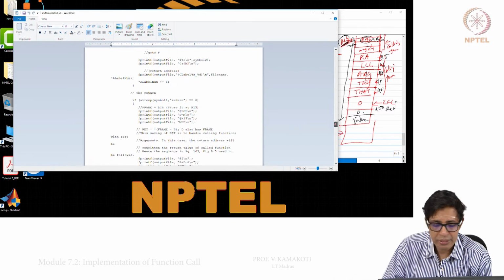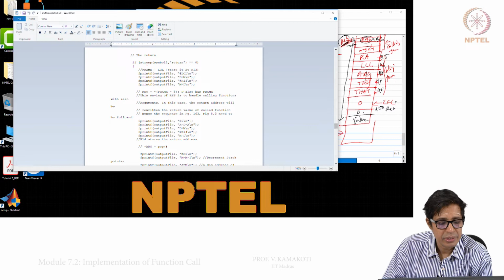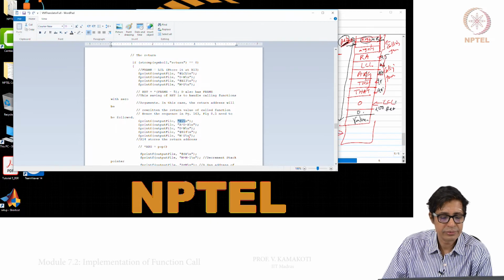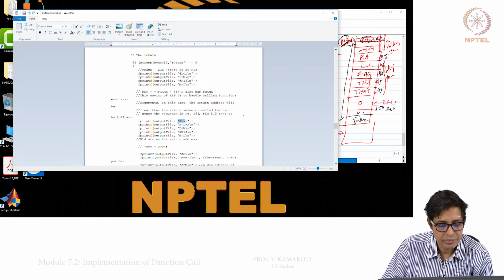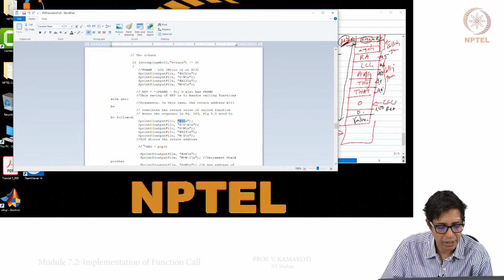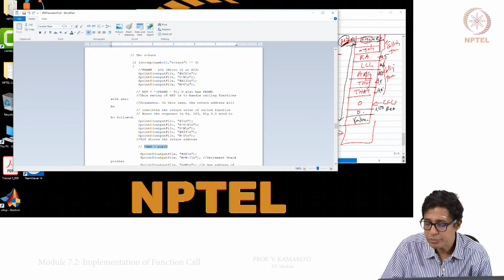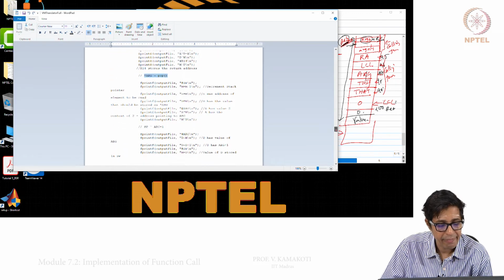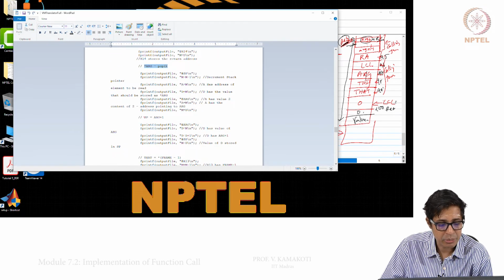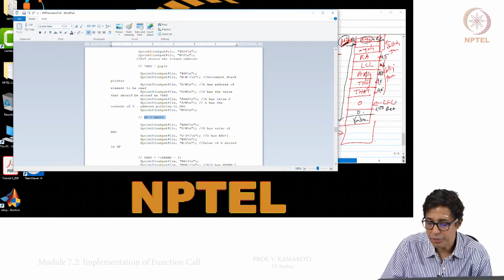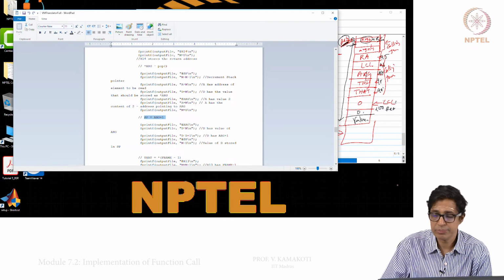Similarly, when you do the return, ret is star frame minus 5. Okay. The same thing, this is frame. I also do star ARG equal to pop, SP equal to ARG plus 1, THAT equal to frame minus 1, and so on and so forth.